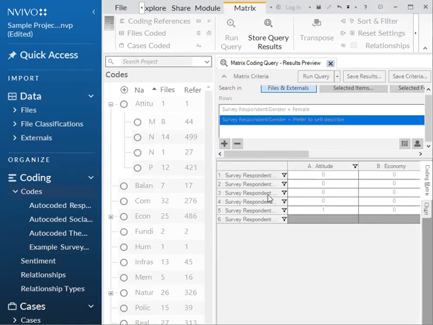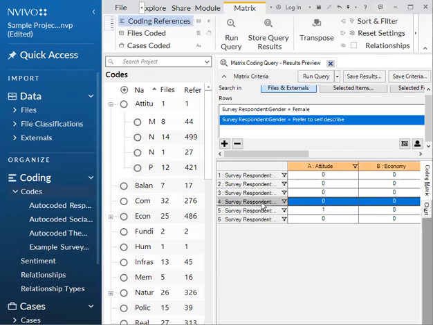Oh, and it did end up pulling up all of our survey categories. I guess it just wasn't showing up here for some reason, but that's okay. It ended up in the matrix. So these queries basically create a matrix that shows the coding intersections between at least two lists of items. The matrix queries create the table you can see now with the project items. So we used case classifications or attributes as the rows, and we use two particular codes as the columns.